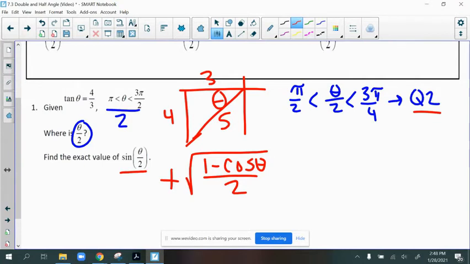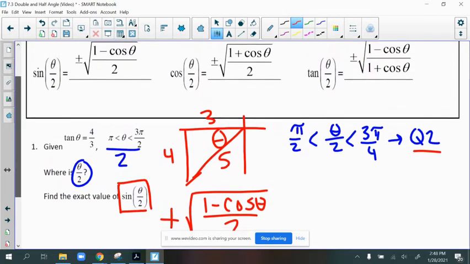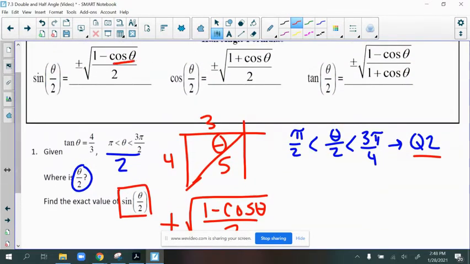Not based on this initial angle, but based on what I'm evaluating. I am trying to find the sine of the half angle, so I need to consider where the half angle is. The half angle is in quadrant 2, and therefore it's a plus sign out in front. Not a negative. The original angle was in quadrant 3, where sine is negative, but now when I took the half, it's in quadrant 2. All right, but the confusing part is that in the formula, you have cosine of theta,